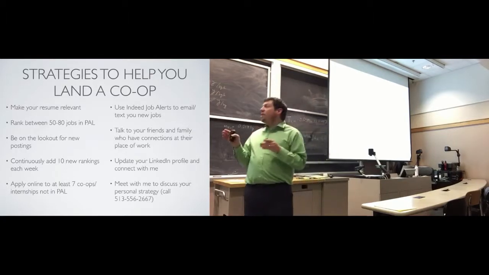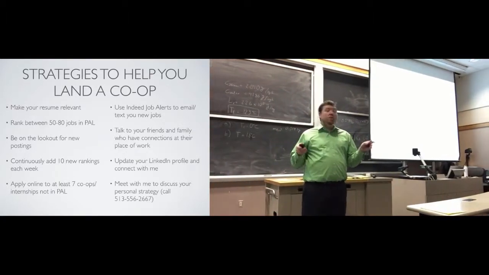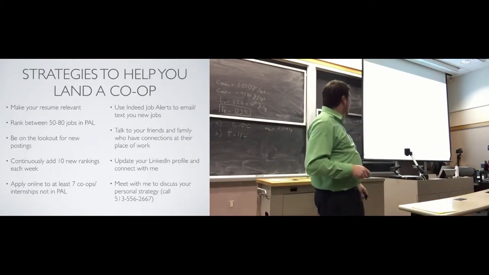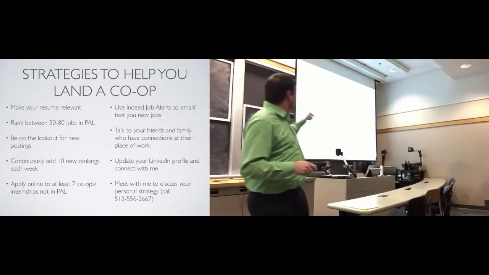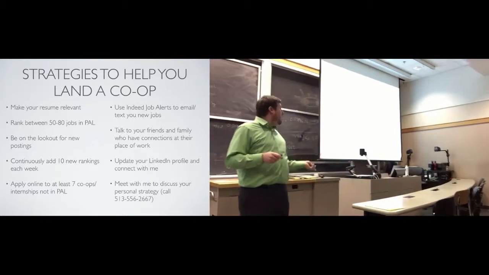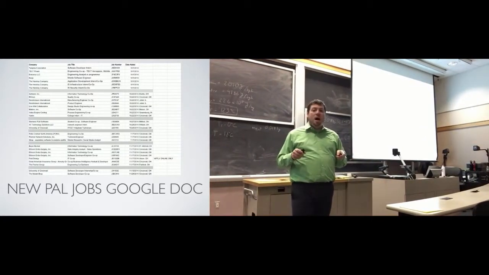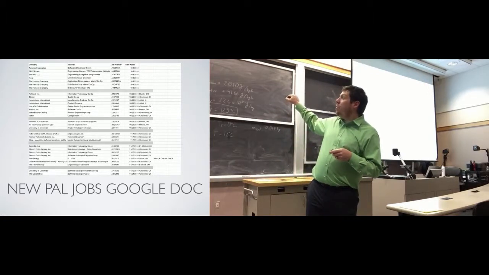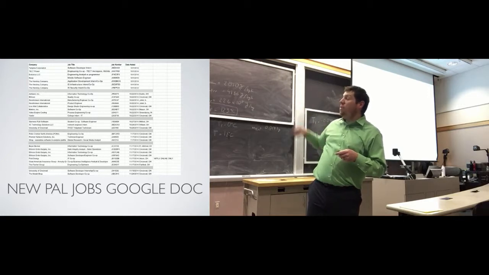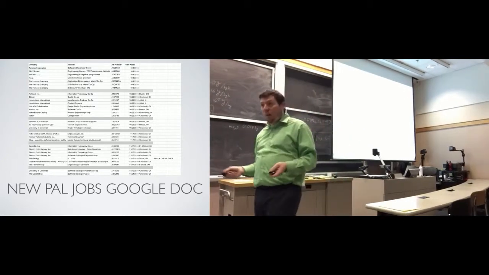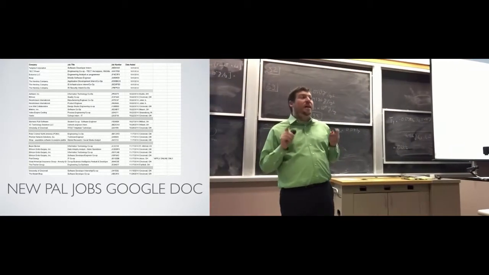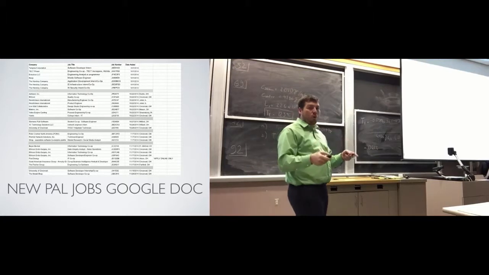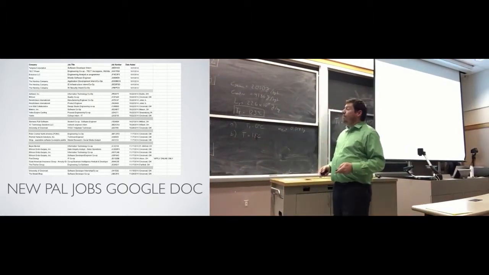And so what I do is I have a Google Doc and I will send that to you. In fact, this is the Google Doc right here. This is actually this spring's Google Doc. And I will list them, and I'll break them up by dates. I'll even put locations in on them so you can see what the types of information. Now, this job number here is what corresponds to PAL. So if you just type that in the search field in PAL, the job will come up. Then apply for that job. List it as very interested. And the next time I send out resumes, because I do it every 2 weeks, your resume will go out to that employer. All right.